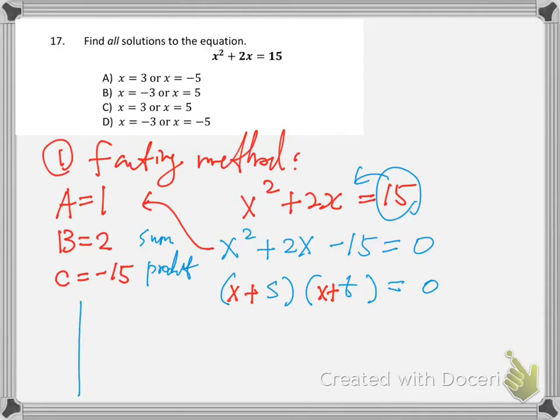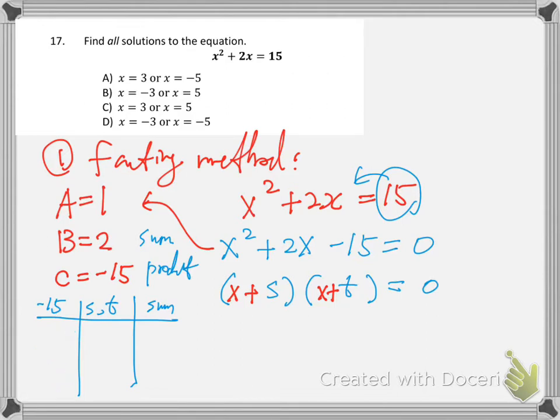So we make a table like this: negative 15, s comma t, and then sum. What are the possibilities for product negative 15? I will just list two possibilities here: positive 3, negative 5, or negative 3, positive 5. You have more possibilities. So that's our product, right? 3 times